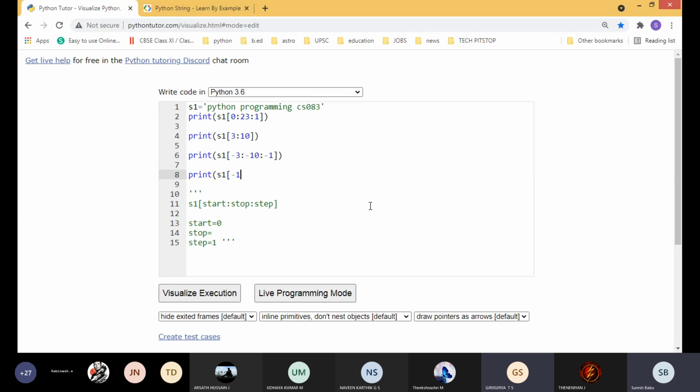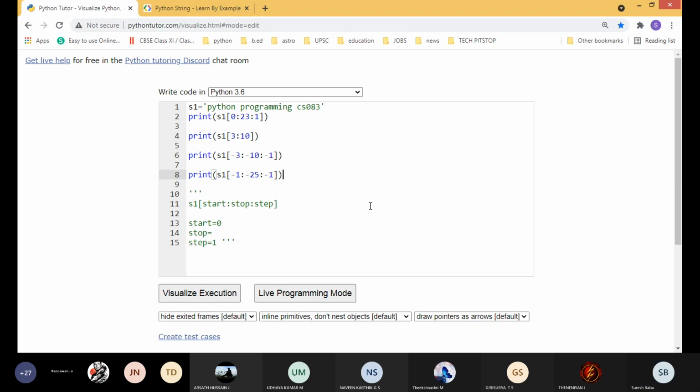Okay, good. Then, as I already told you, 24 characters are there. -24, -25. Very good. -24 means it will stop one value before. Okay, so -1.